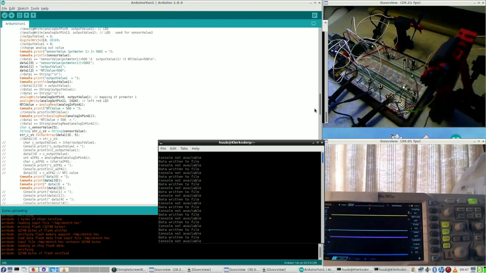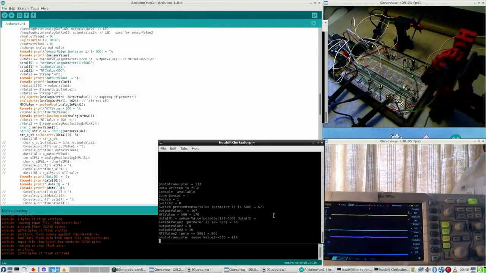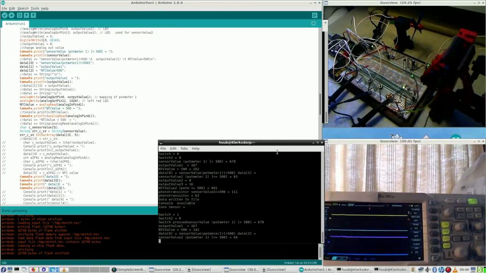And now I lost all the input. So sensor value 692. So I should expect 692 here.